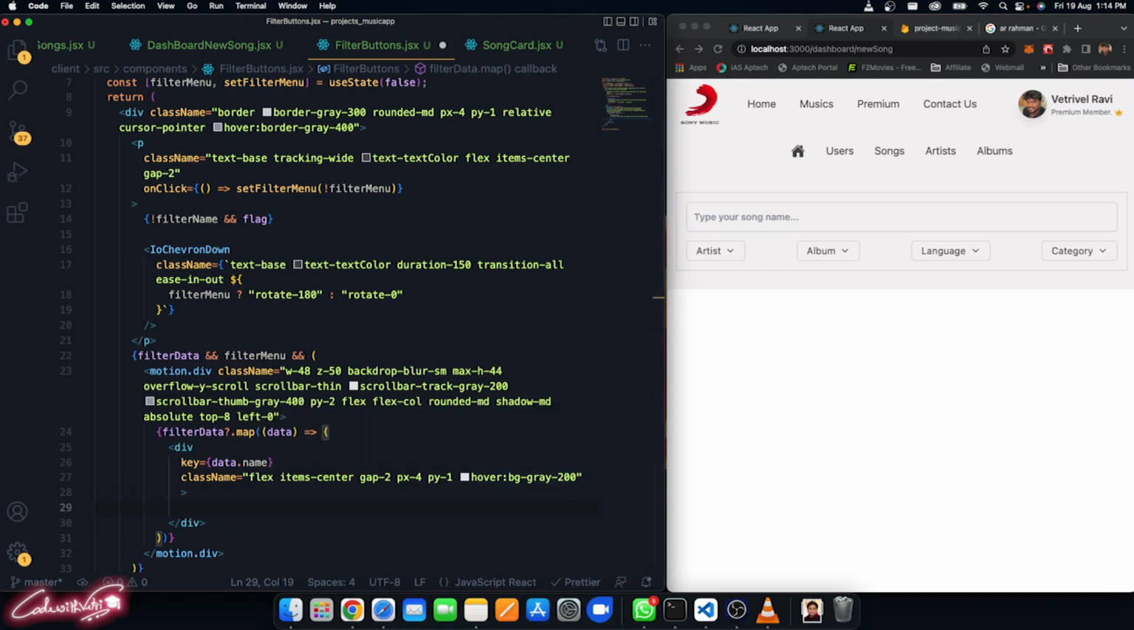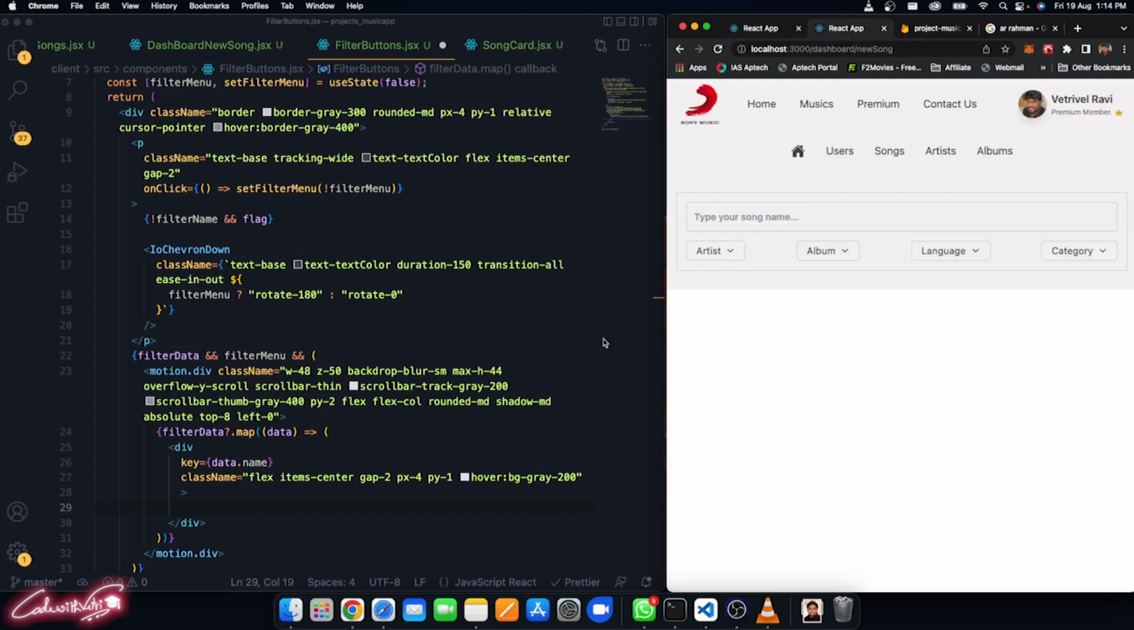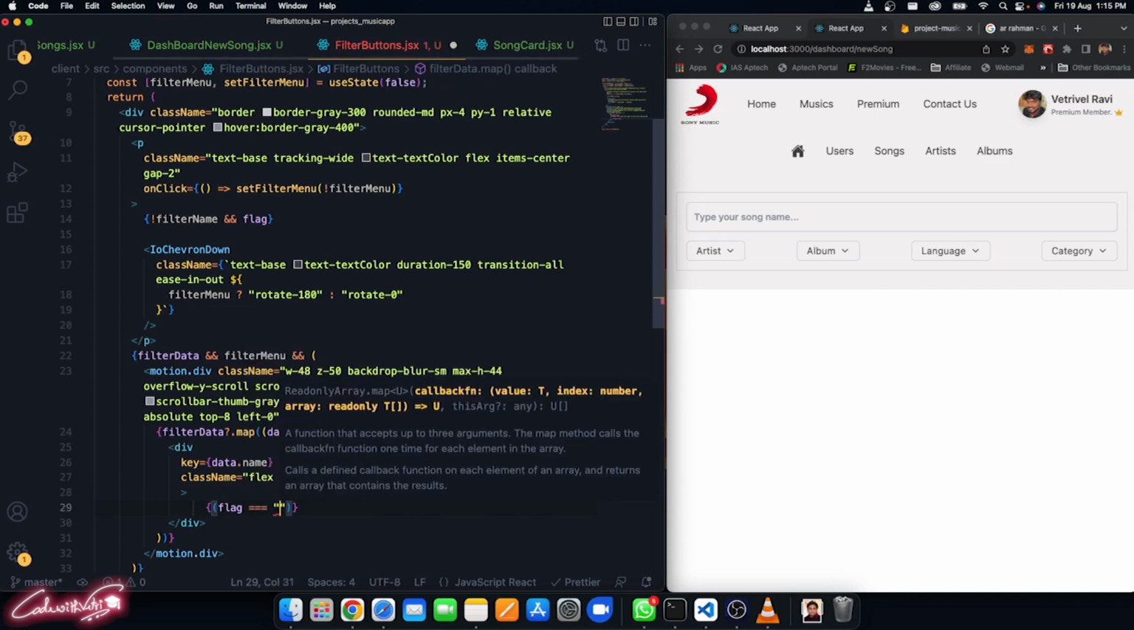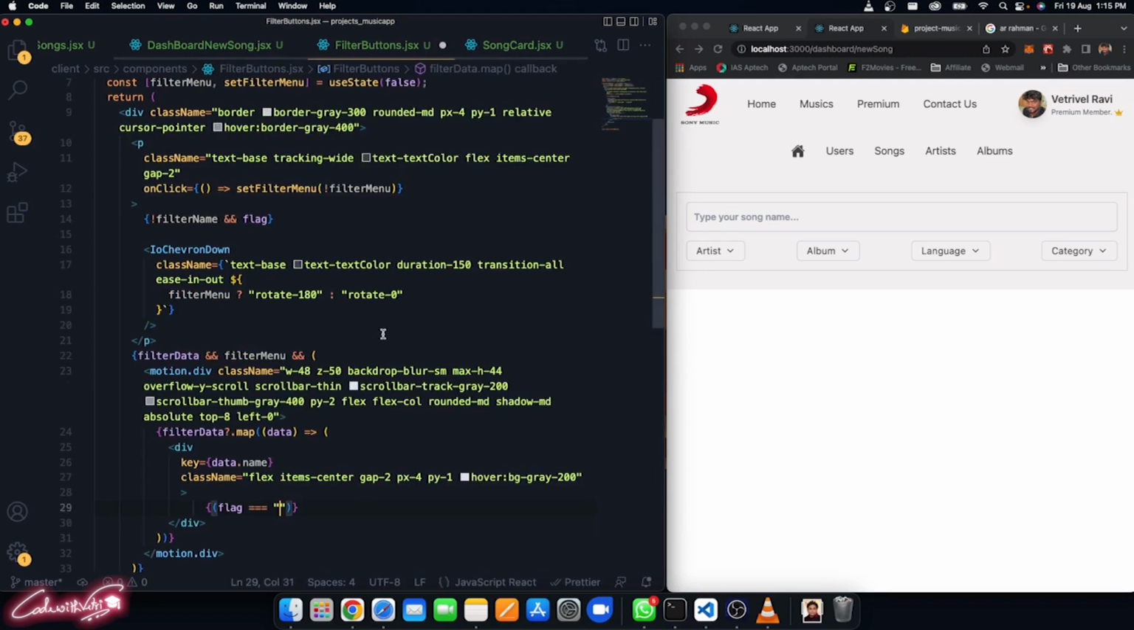Okay, so if you notice here, for artist we have image and name. Albums, we do have image and name, but for language we don't have the images, only the name alone. So right over here, I need to make sure I only display the image if the flag is artist or album. If the flag is not artist or album, I'm not supposed to display that image. So open it. We do have a flag variable. So if the flag is equal to the name I'm sending over here, if it is equal to this artist, then